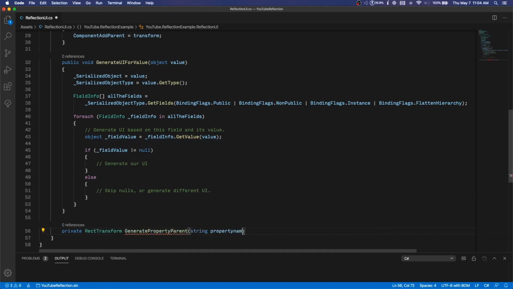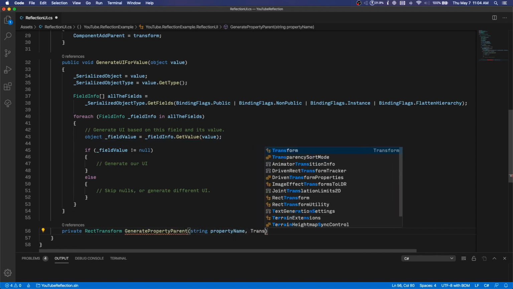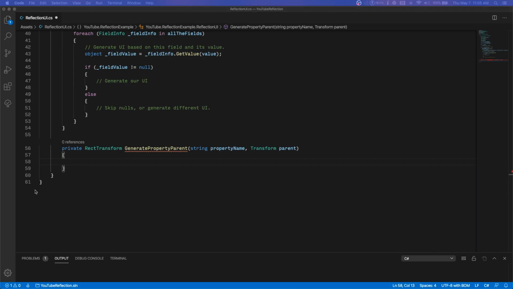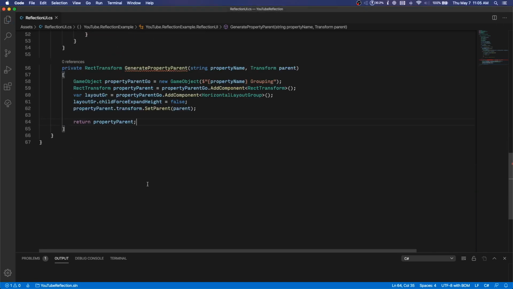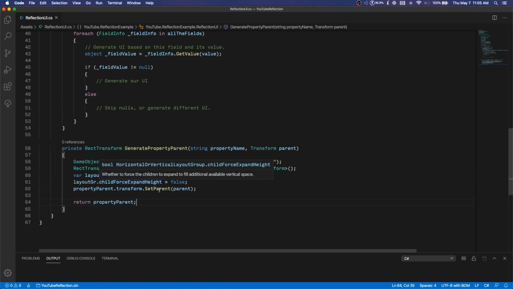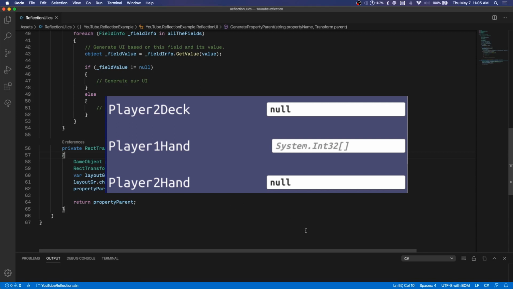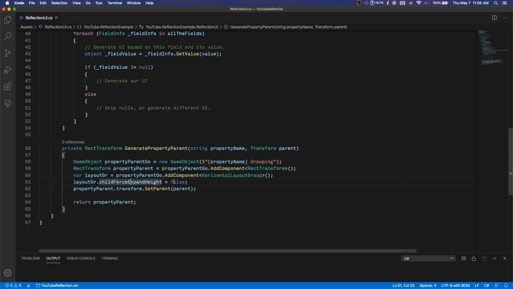We're going to say, give me a property name and give me a parent. This is just standard Unity object generation and adding components. I'm just going to copy and paste this from somewhere else because I've got it already. We're creating a game object with the name, property name grouping, so that we know it's the grouping for this property name on this object. We're adding a rect transform to it because it's UI, and then we're adding a horizontal layout group so that we go label, and then to the right of it, input field. We're saying child force expand height false here. That's mostly to do with the layout element preferences on our input field. You don't have to do that. And then of course, we're setting the parent to the parent that we've passed in the function